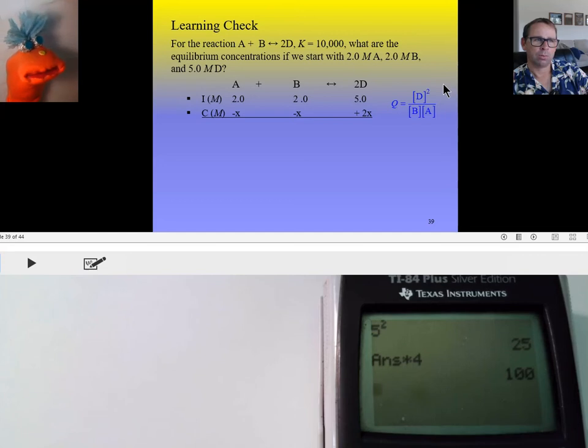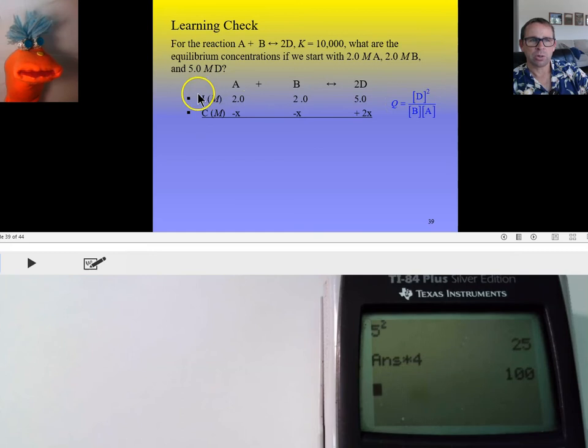K is the equilibrium constant. Oh, okay, 10,000. So if we want Q to be a larger value, it's 100 right now, so we need more products, so we need to shift to the right. That's right. From finding our current quotient and comparing it with what the quotient will be when we reach equilibrium, that's what K is, we can tell how the reaction is going to shift, how the concentrations are going